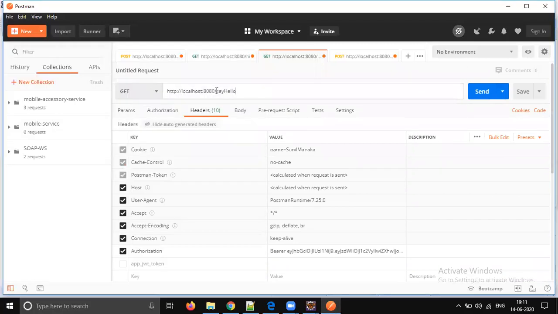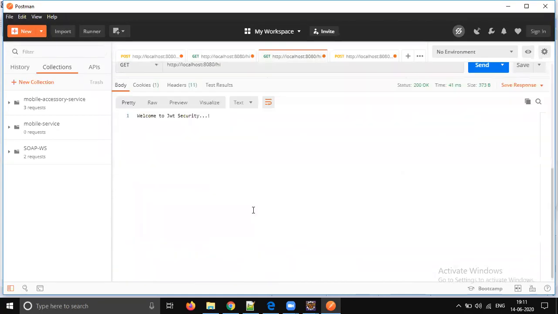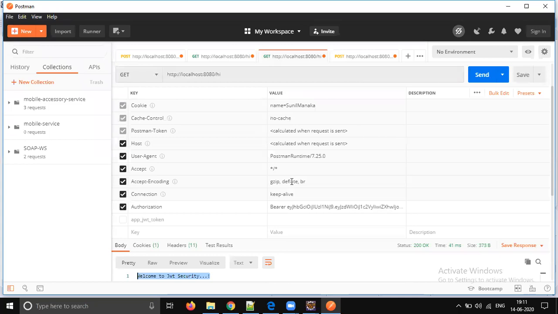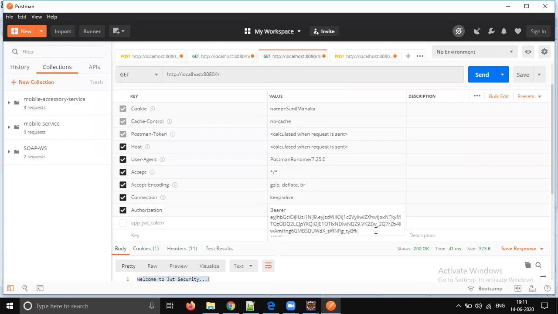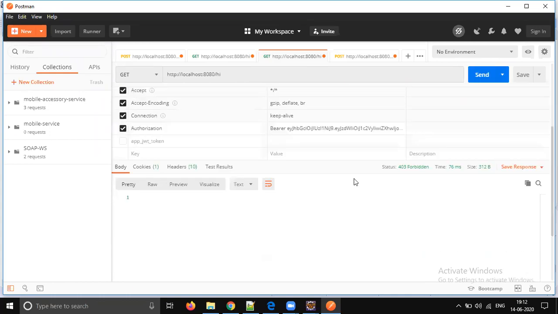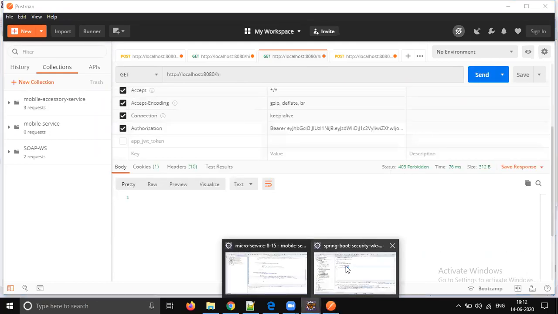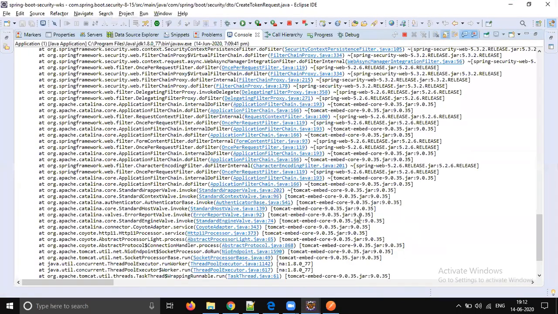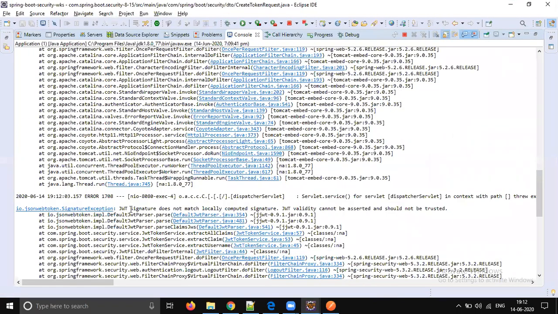After disconnect, I just changed this. Without doing any other changes, it's working. If you try to send an invalid token, you will get 403 forbidden. If you go to the console, there is an exception saying JWT signature does not match locally computed signature, right?